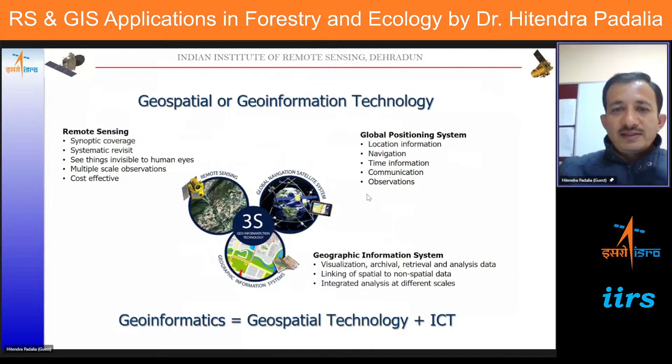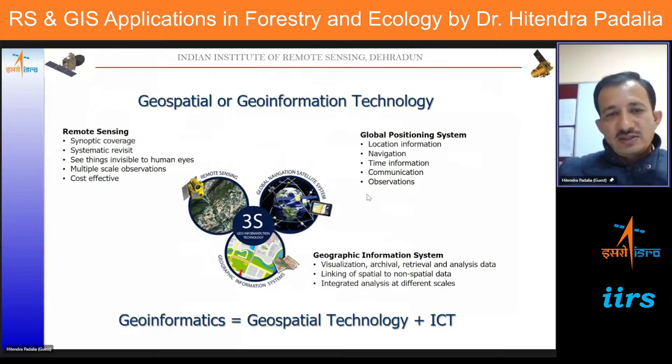And in more recent time, it has become very cost effective also for monitoring natural resources like forestry. And then second technology is the GPS technology. You are aware you are using it, and in the field of forestry also there are several new applications emerging at the same time. Use of GPS in conjunction with different ICT tools and for navigation, for communication, etc.